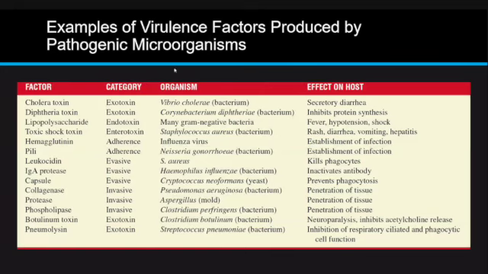Some virulence factors, this is a summary of certain microorganisms and their virulence factors. So, Vibrio cholerae, which is a specific bacteria, produces an exotoxin called cholera toxin, and it causes a terrible secretory diarrhea. Okay. And so the body will try to dilute it, wash it out. And so it's a secretory kind of diarrhea, non-inflammatory. So you're not going to have the blood and you're not going to have the mucus and stuff like that, but lots of watery diarrhea. And then you can go down through some of these and you can see what some of these organisms can do. It's just kind of a summary, takes a look at